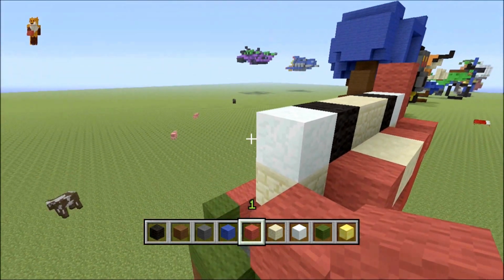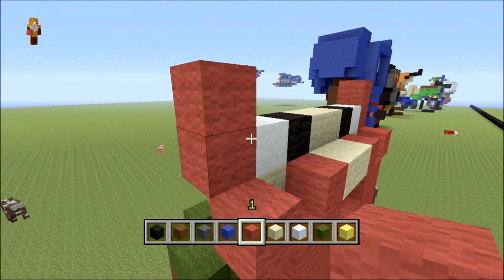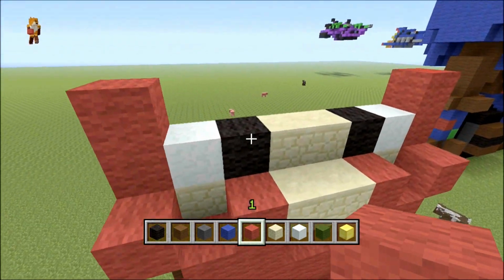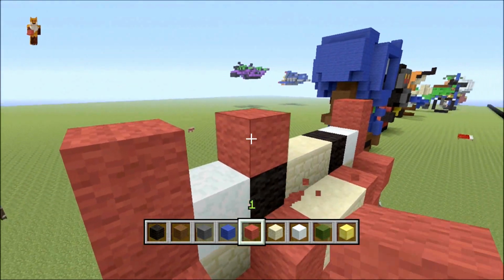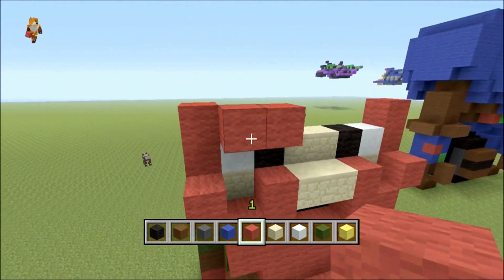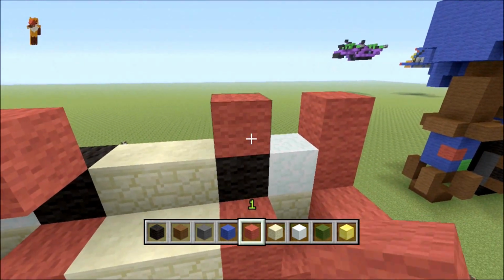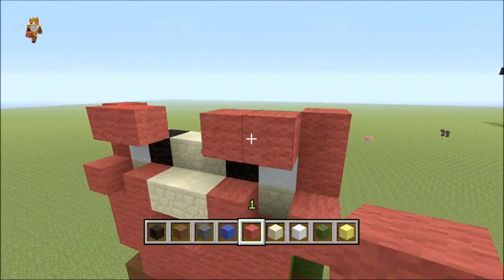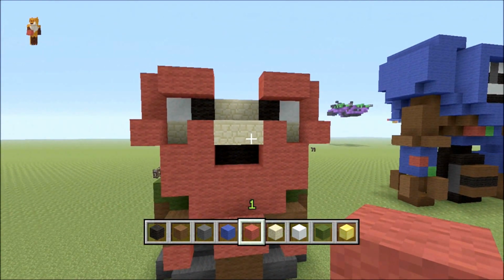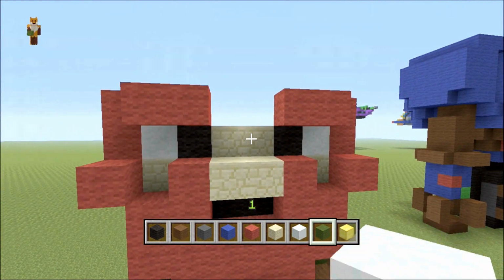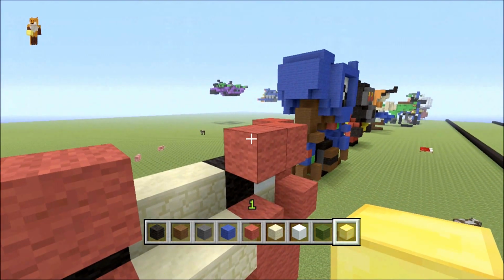Same here, 2 reds. And then for a dwarf, obviously they got big bushy eyebrows, so I'd bring this out a level here for his eyebrows. Quite like that, yeah. See that? He's looking pretty decent. So then, because he's brought his eyebrows out there, we're going to bring his helmet out